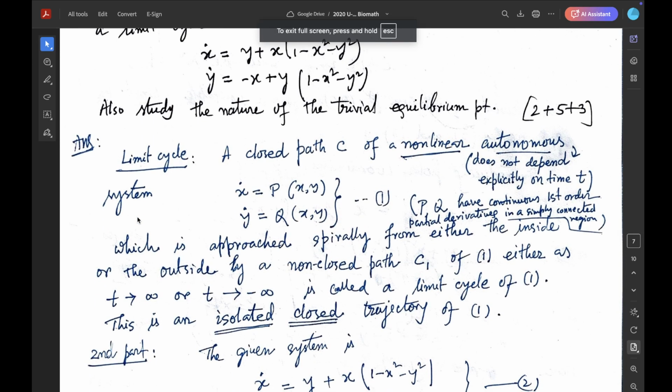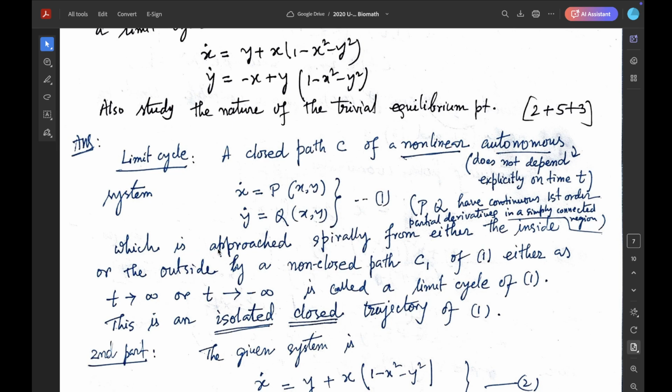Actually, what is a limit cycle? A closed path C of a nonlinear autonomous system. What is the meaning of autonomous? When the system does not depend explicitly on time t, then the system is called autonomous. This is the nonlinear system: dx/dt equal to some function P(x, y), with no t explicitly, it does not depend on t, and dy/dt equal to Q(x, y),